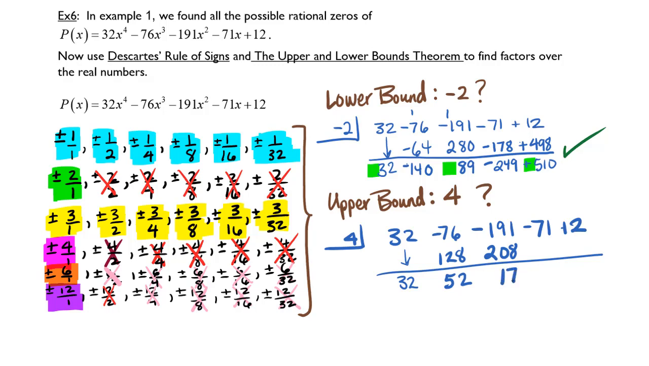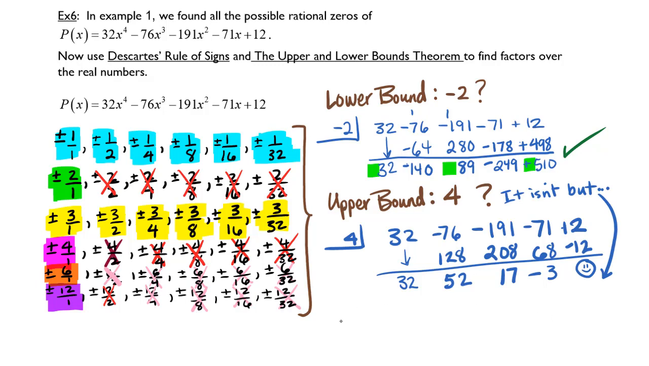17 times 4 is 68. 68 minus 71 is negative 3. Negative 3 times 4 is negative 12. And we have a 0 as a remainder, which means that 4 may not be an upper bound because of this negative 3, but we found a 0 of the polynomial. We didn't show that 4 is an upper bound, but